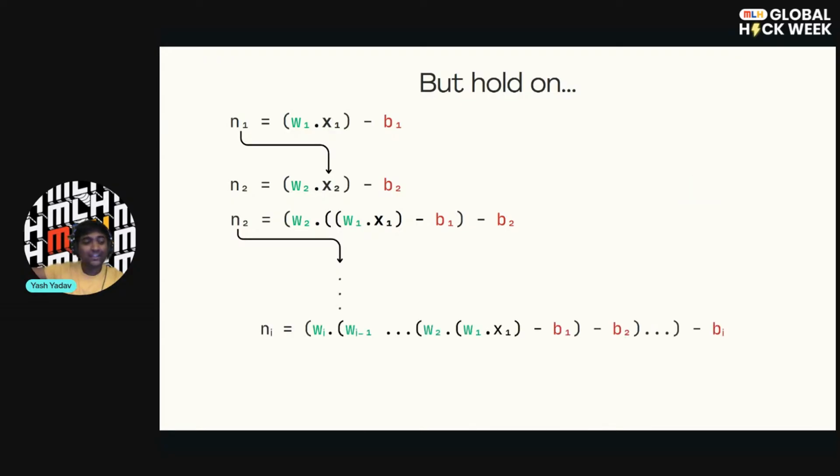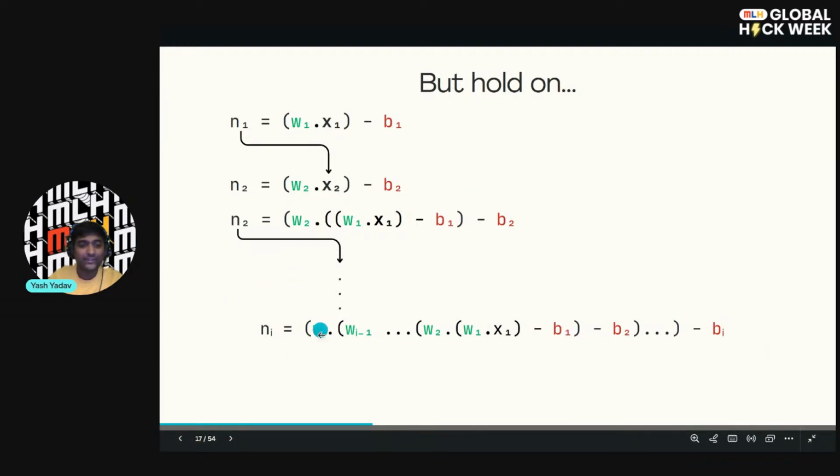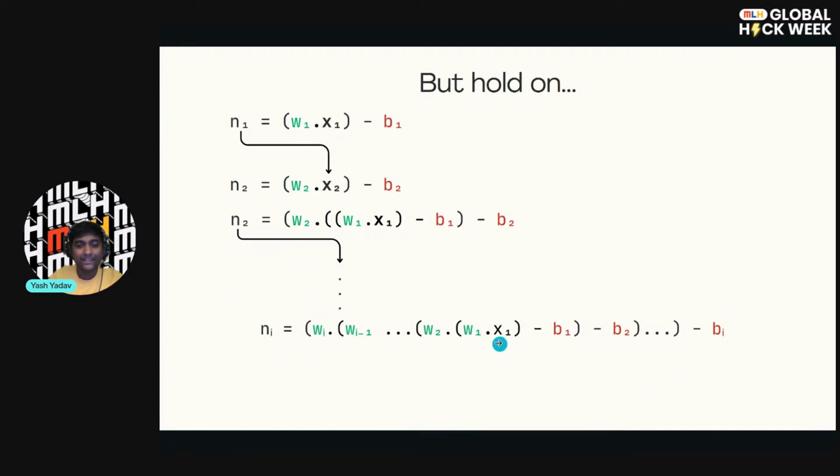So at the end of it all, what a neural network really becomes is this big mess of equations, which is all the weights multiplied by the input. The input is just the input pixels, minus the bias. When you look at this equation, it looks so big and threatening. But if you think about what's really happening, all of the weights are constants, and all of the